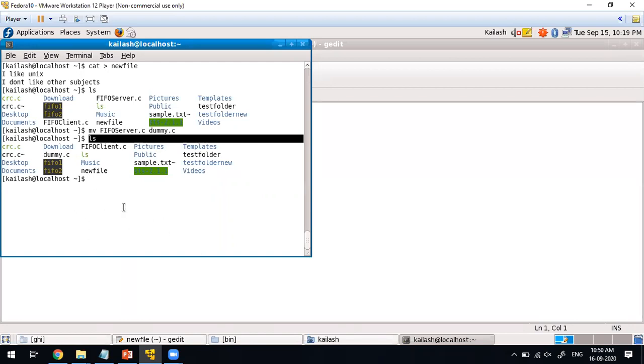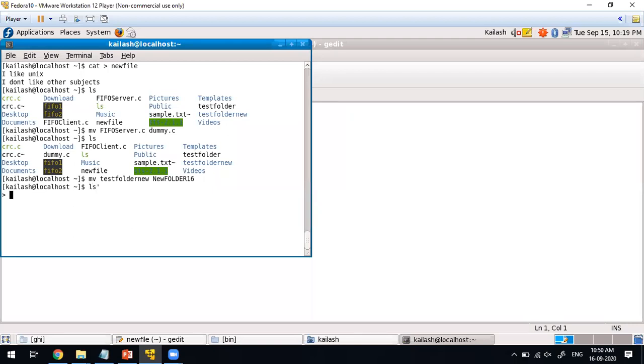You can do the same operation for folders also. See, there is a folder called test folder new. I'll change the name: mv test folder new to new folder 16.